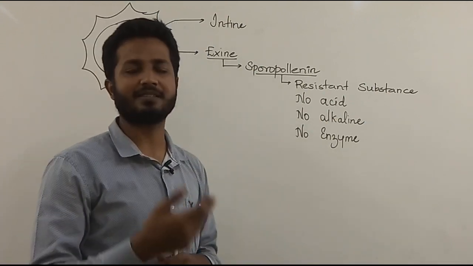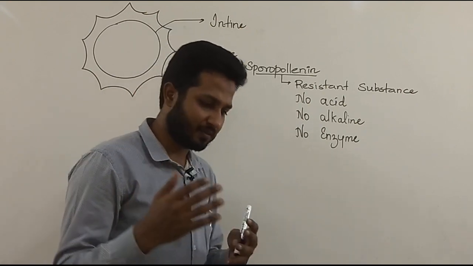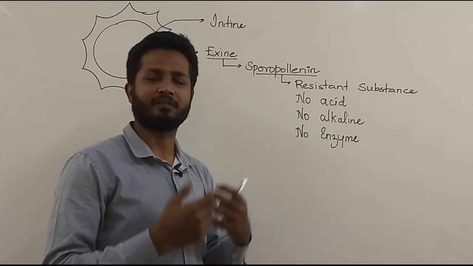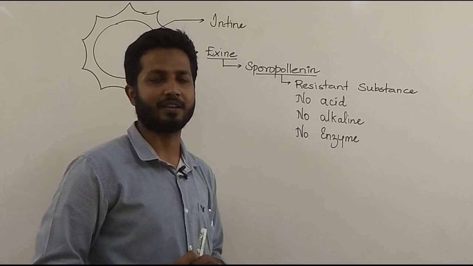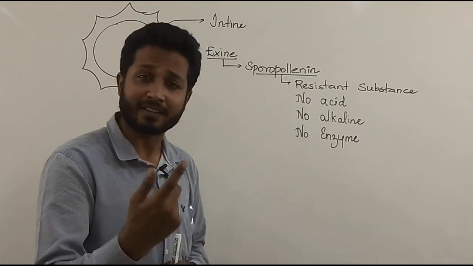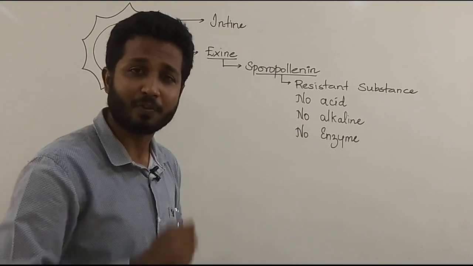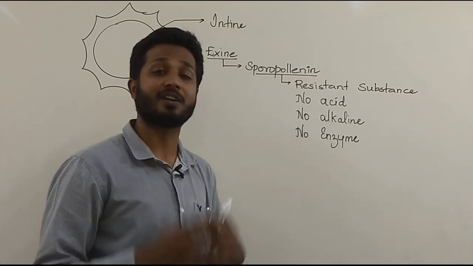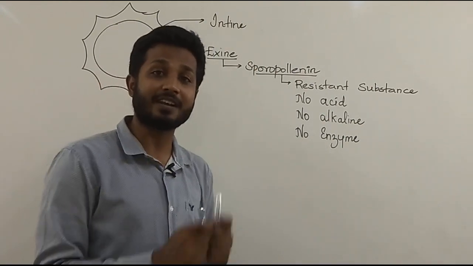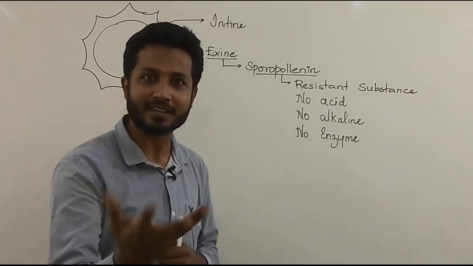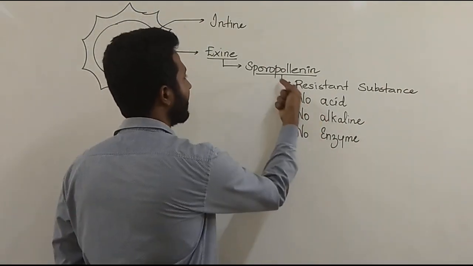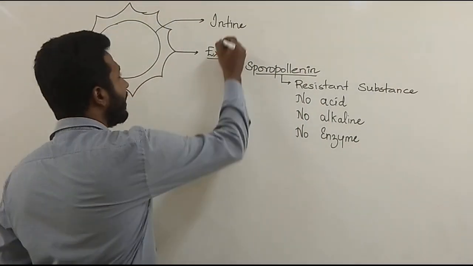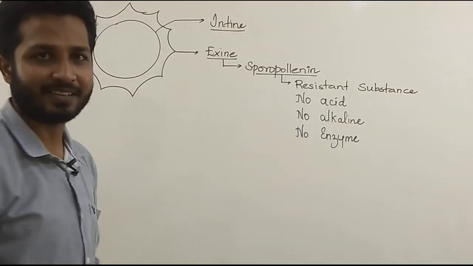Paleontology is a branch which talks about age-old phenomena. You excavate old regions or areas which are quite historic in their features. When we excavate, at that time we find some pollen grains. Those pollen grains are still alive, although they belong to more than 1,000 years or 2,000 years or 3,000 years or even 10,000 years. They are still resistant and they are not being destroyed. What is the reason behind this? It is because of this chemical known as sporopollenin.